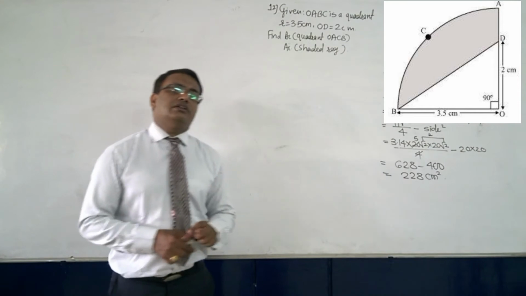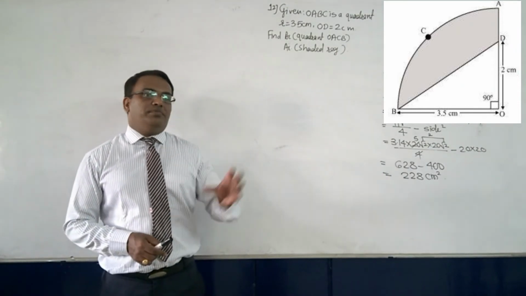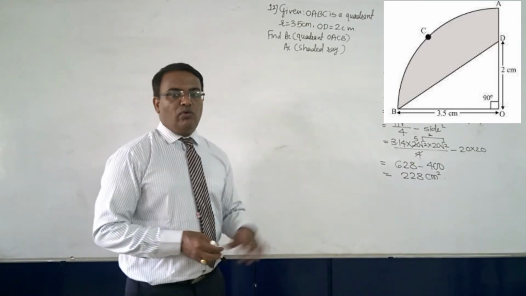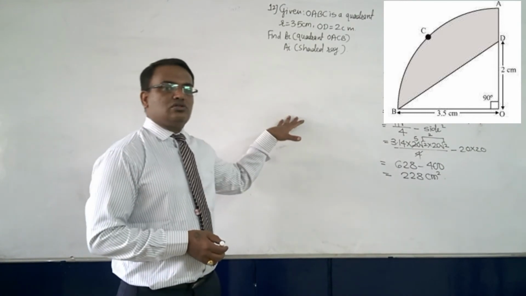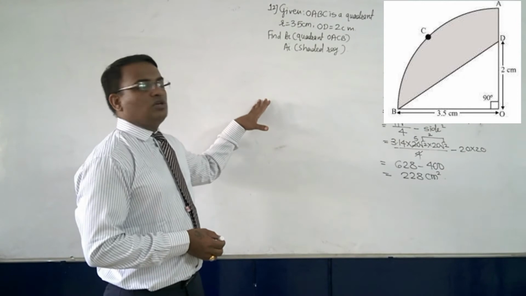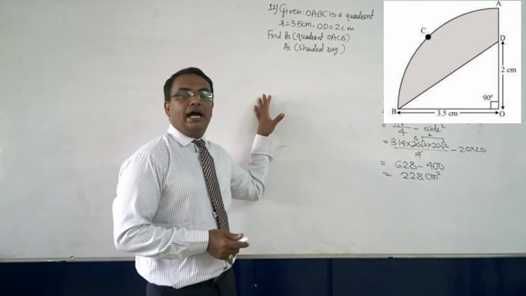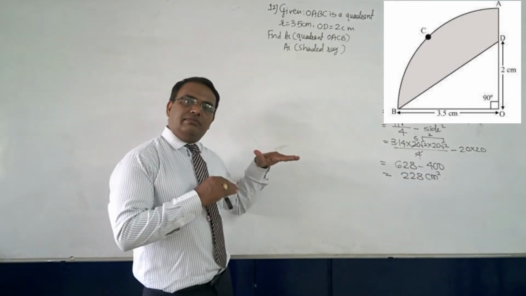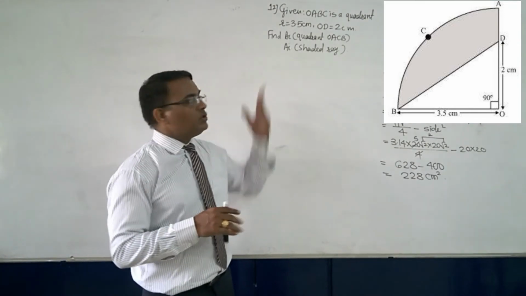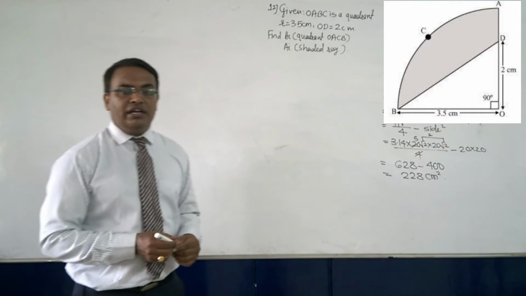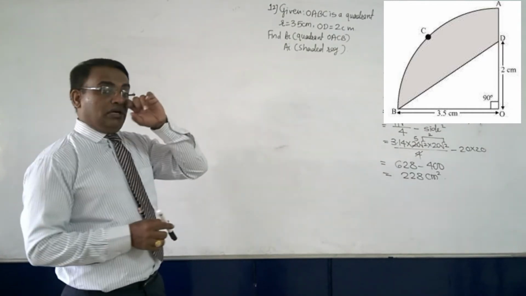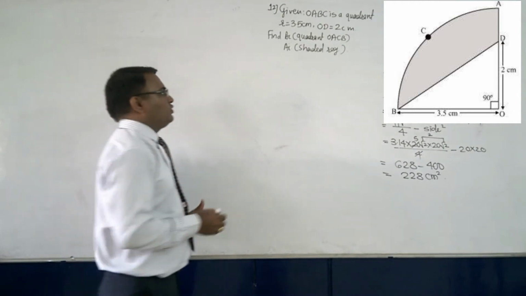The quadrant of the circle is given, and from that quadrant of the circle we have to remove the area of the triangle. Now what about the area of the triangle? Here also, since it is 90 degree, we will be using half into base into height. And if you observe the diagram, the base is nothing but the radius and the height is given, 2 centimeter, which is easy to find out. So can we go ahead? Yes. Now the quadrant of the circle we are going to find out first.